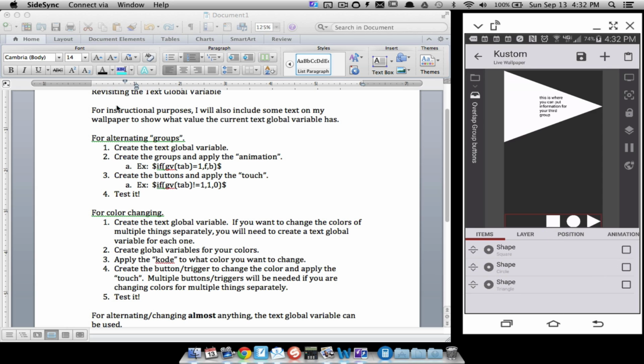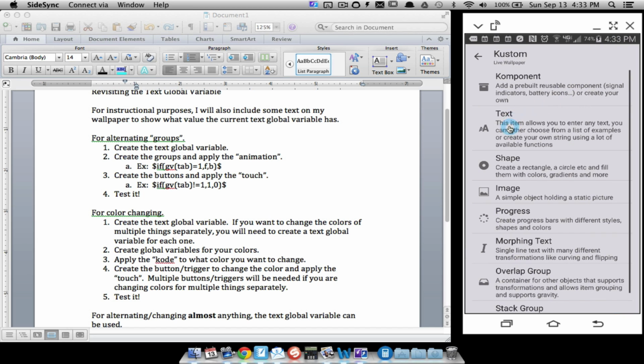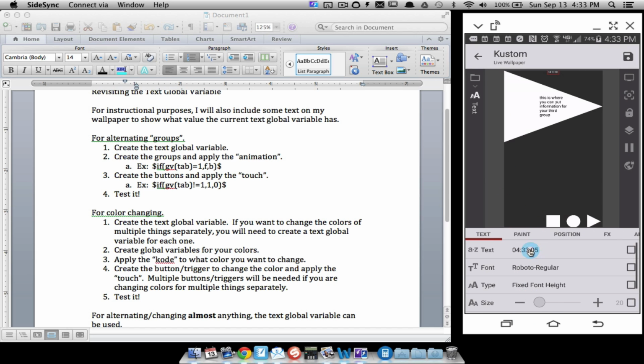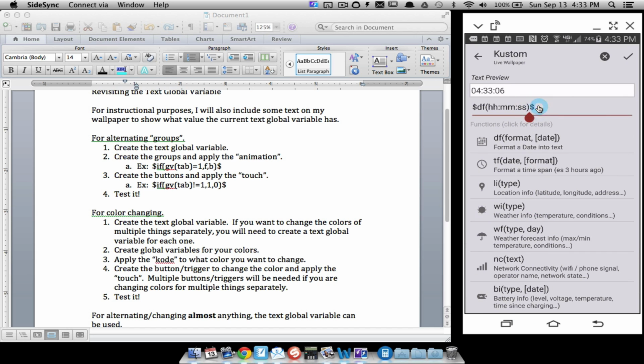Alright, and now this is where I'm going to do the instructional purposes thing. I'm also going to include some extra text in here to show what value the current text global variable has. So nothing fancy here. I'm not going to add any overlap groups. I'm just going to add some text right off the bat. And this is where I can come in here and edit this. And I'm going to say the text global variable is currently, and now